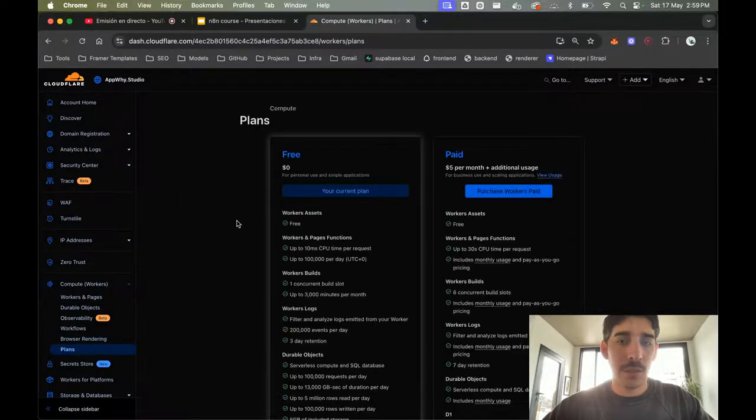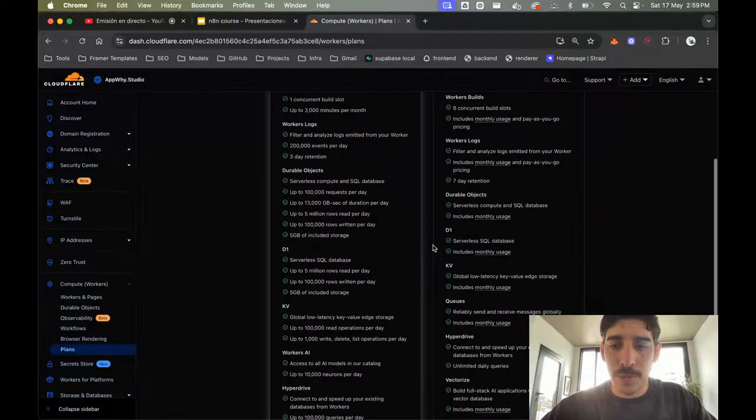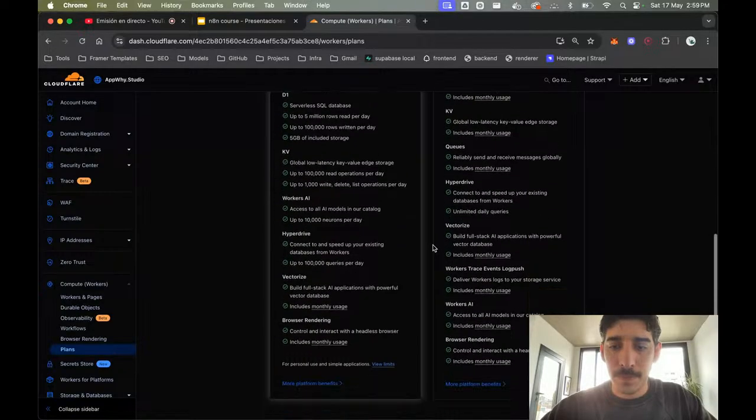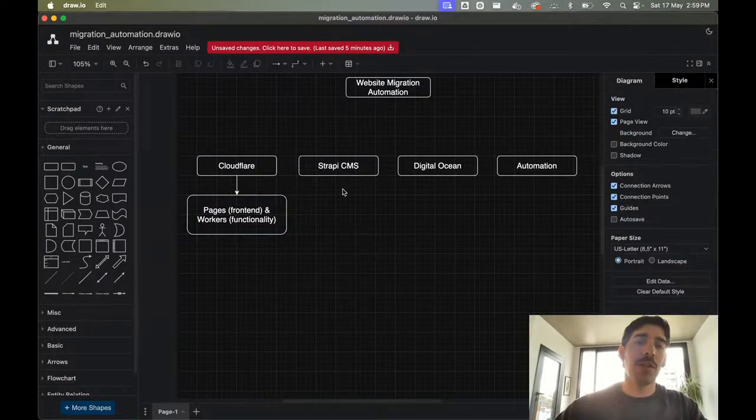Here is the paid plan, which says $5. Not sure what that's supposed to mean. But I guess the way this is thought about is to be on a very large scale.